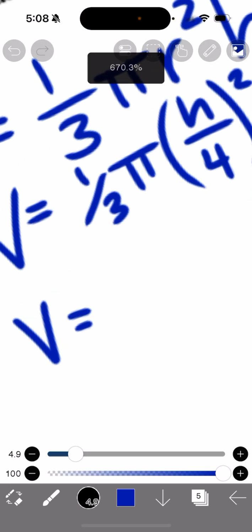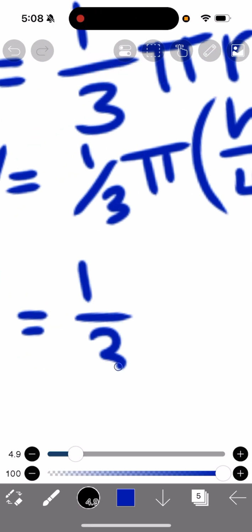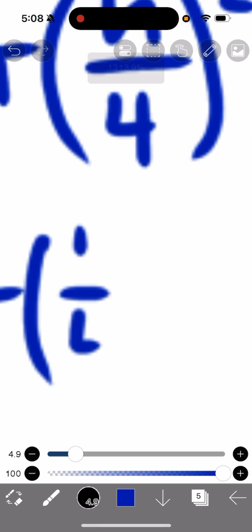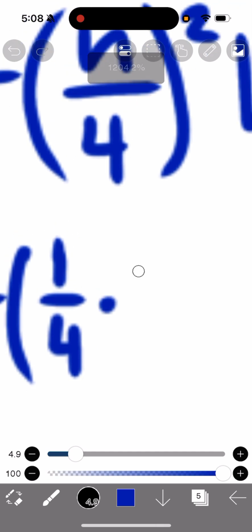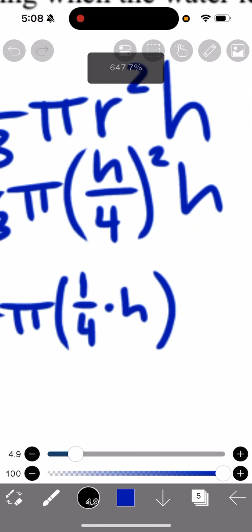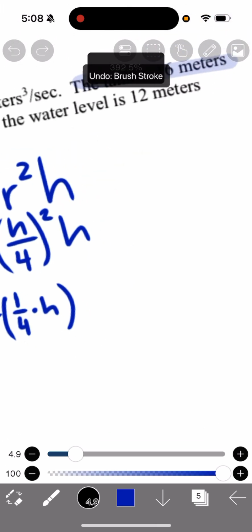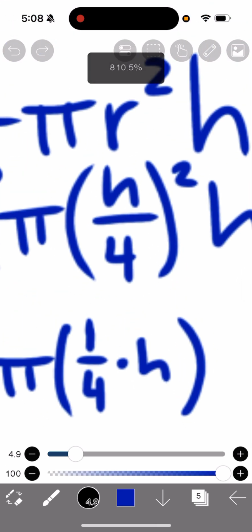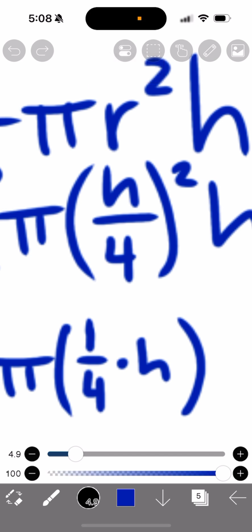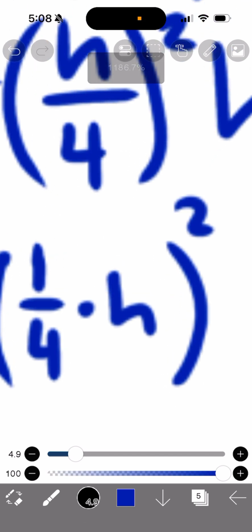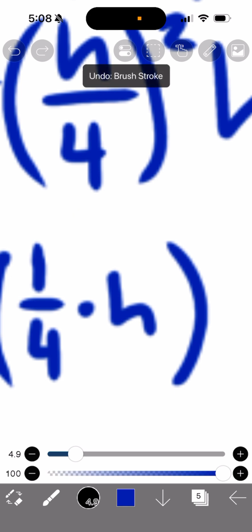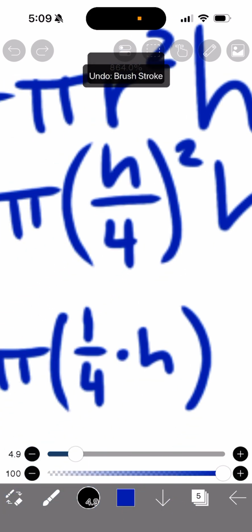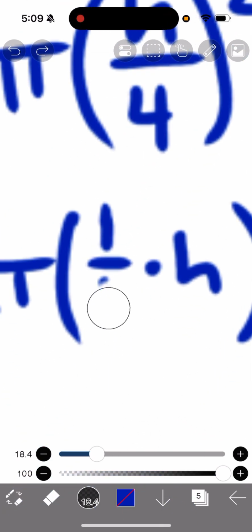I'll leave this 1/3 here and this 1/3 pi. I'll separate the inside. So 1/4, this is basically 1/4 times h. And whenever you are squaring something and it's one thing, that square travels to each of the different terms in this. So you're going to square the top and the bottom. And so what this will become is